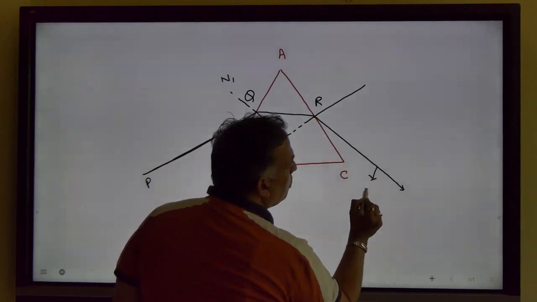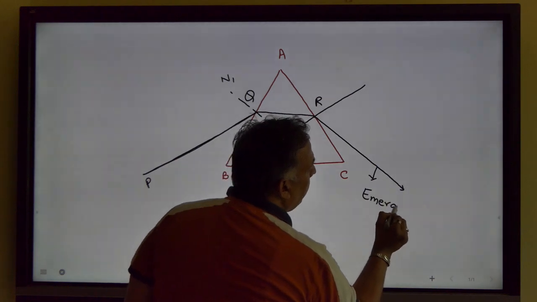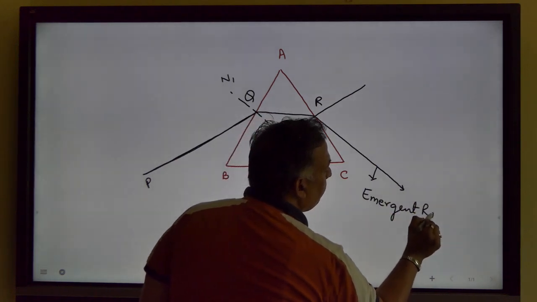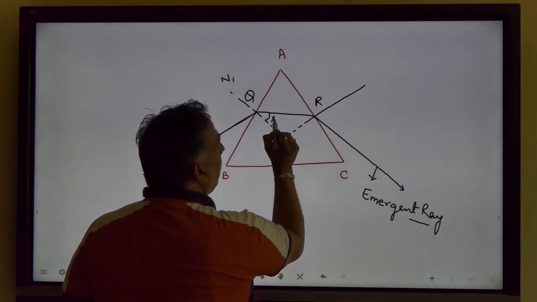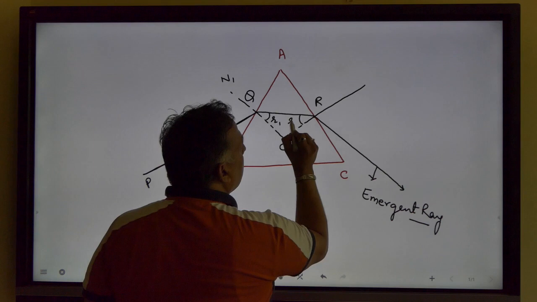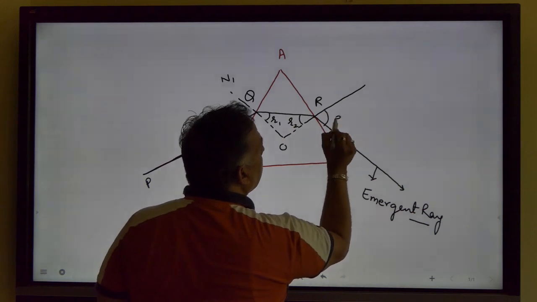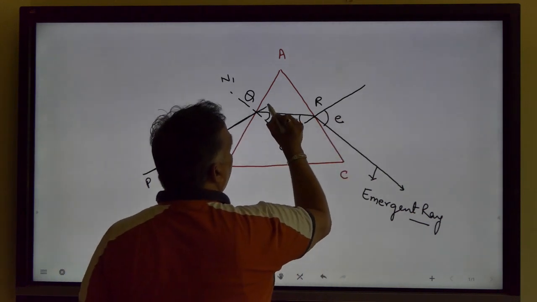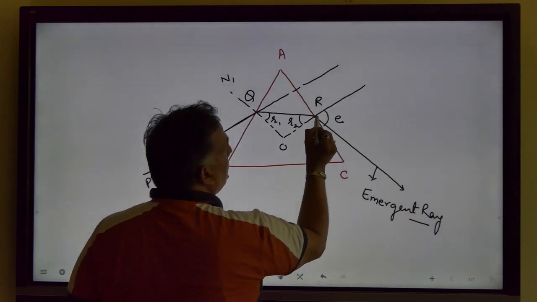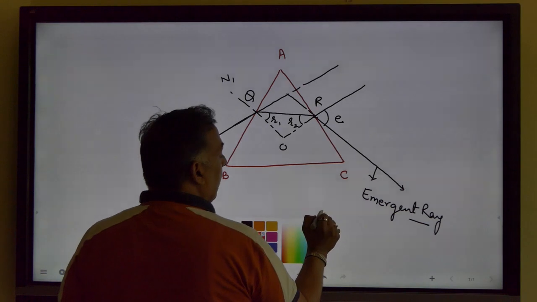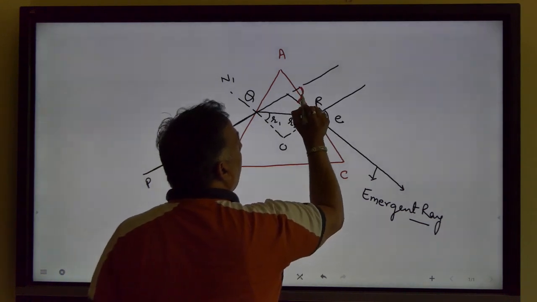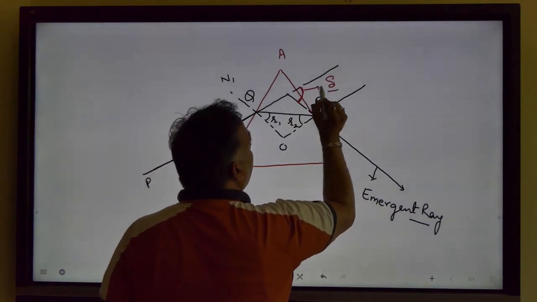This ray comes to be the emergent ray. Here this is the angle of refraction R1, this is R2, and this is E. If I draw it backward in this direction, then this angle comes to be the angle of deviation,